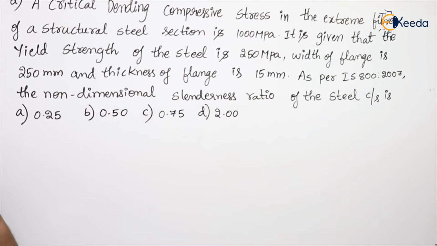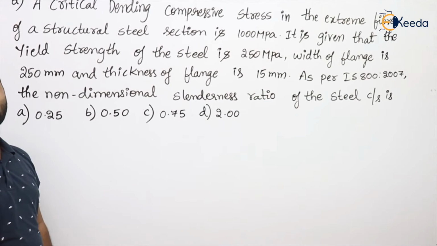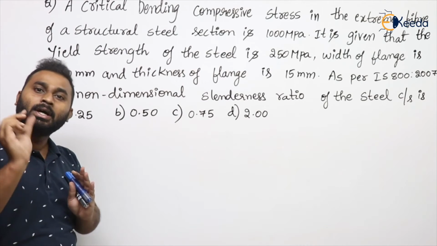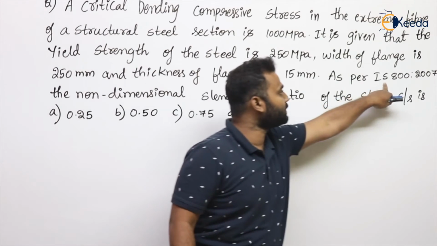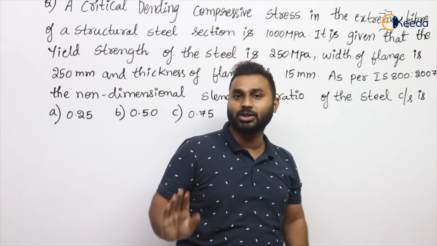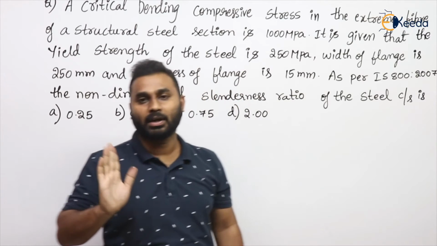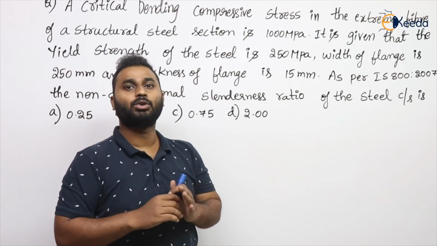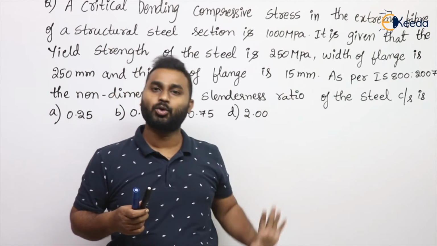Go through this question. This question was asked in 2019 GATE for 2 marks. But this question can be solved in one line, only one line, by knowing the provision, or you can say the formula mentioned in IS 800 2007. By knowing the formula mentioned for the parameter asked in this question, we can solve this in one line. For that formula, we need to substitute some parameters or terms, and those terms are mentioned in this question. First, let me read this question and later we'll see how to solve it.